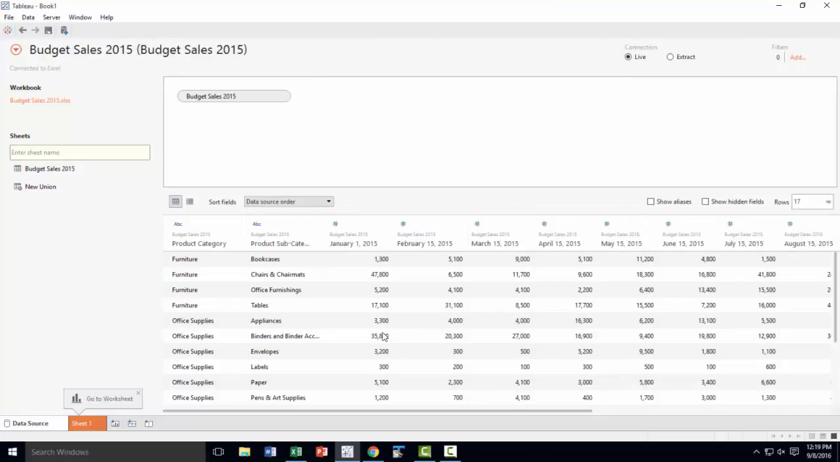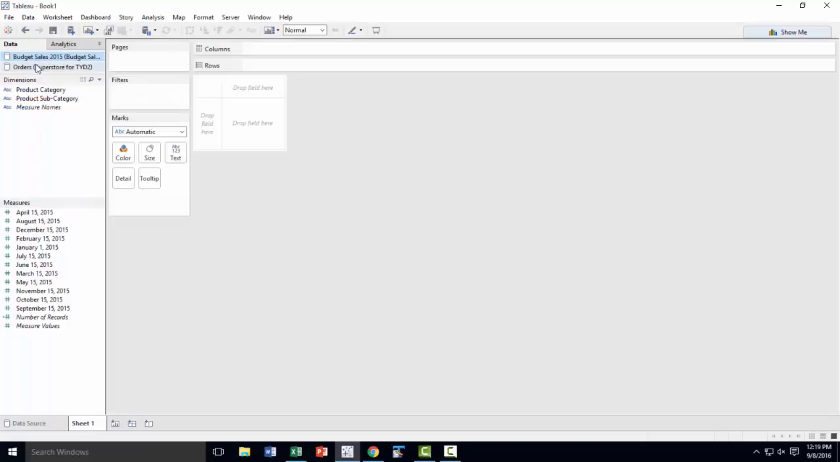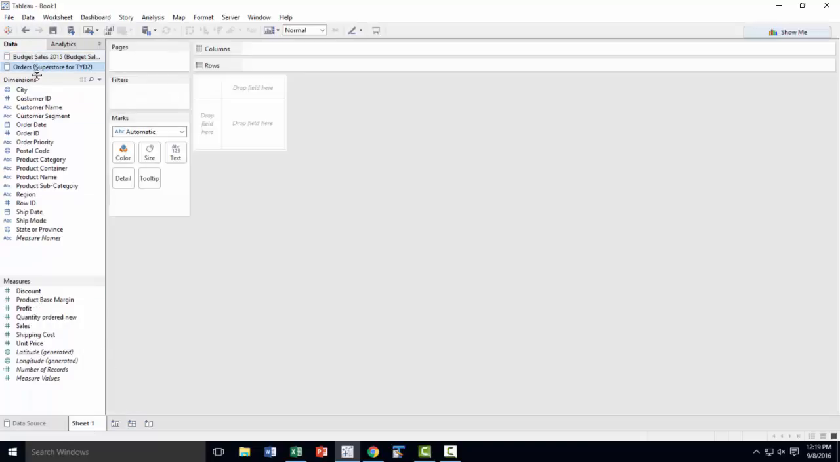And if you look at the data, you see that there is product category, product subcategory, and for each subcategory we have a budget for each month of 2015. So we have to do some pivoting here. We will come to that in just a second. All right. So let's go ahead and start a visualization using the orders